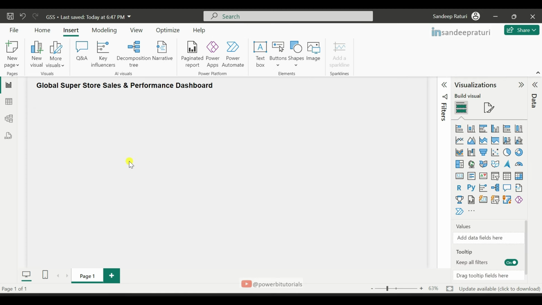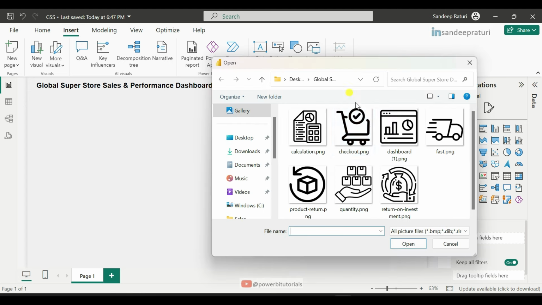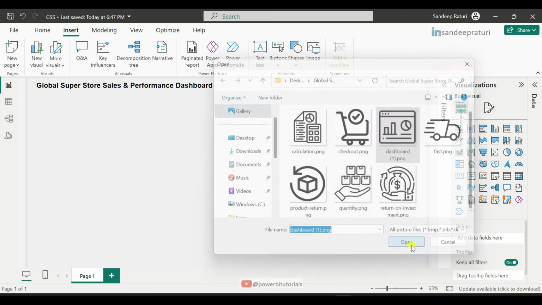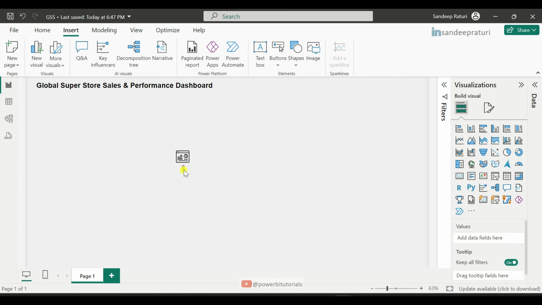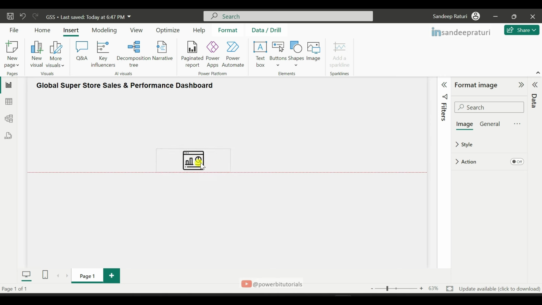After this, we will add the report logo. So under the insert tab, you can see the add image icon. Just click here, select your report logo, click on open, and you can press and hold the corner of the image, and you can adjust the height and width like this, and you can move it to the right hand side top like this, and manage the height of your logo, and make sure the left and right side margin should be the same, and you can imagine the margin for left and right side and place the logo accordingly so that the report looks good from both sides.